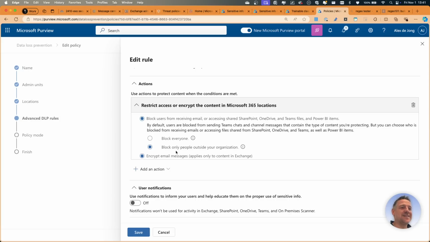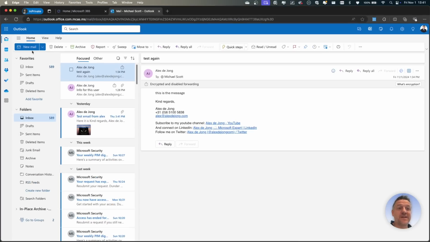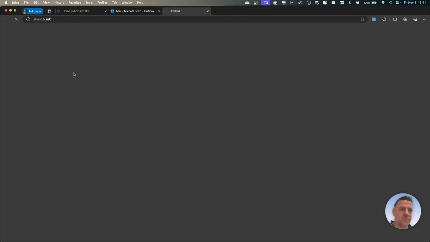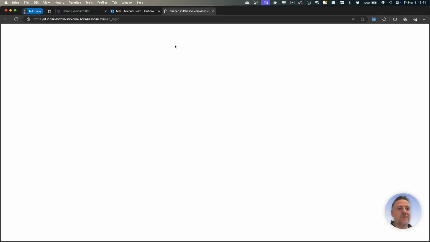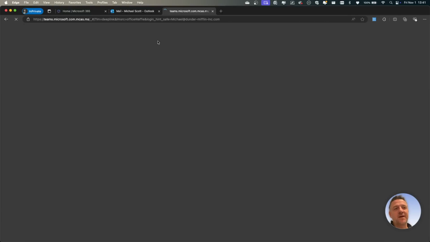And just like this, you can do all kinds of security things. For example, data loss prevention also works in Microsoft Teams. So what I have set up in the tenant of this user here, I have created a data loss prevention policy for this organization that if I am going to share United States addresses with people outside of the organization, I'm not going to allow that. So here I am signed in as Michael Scott,